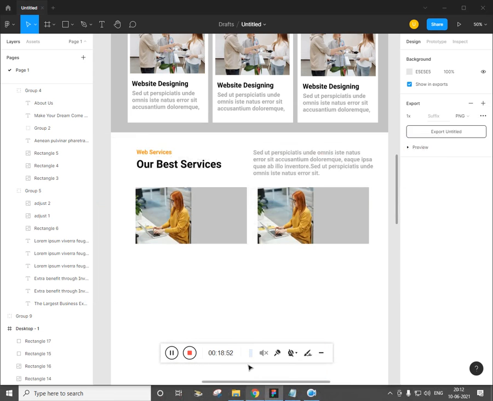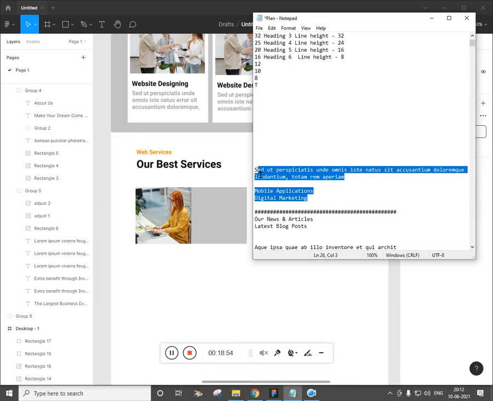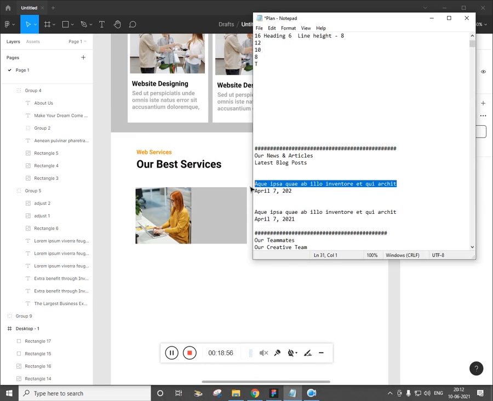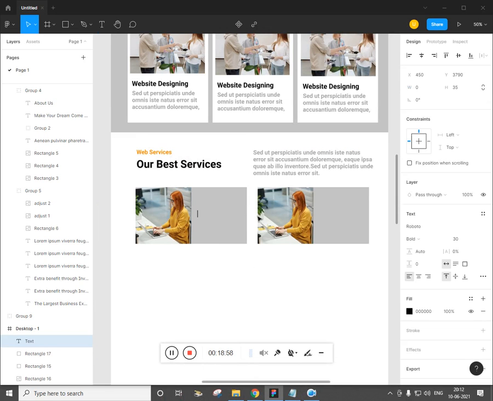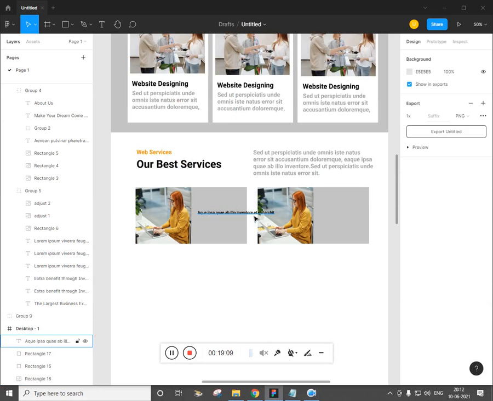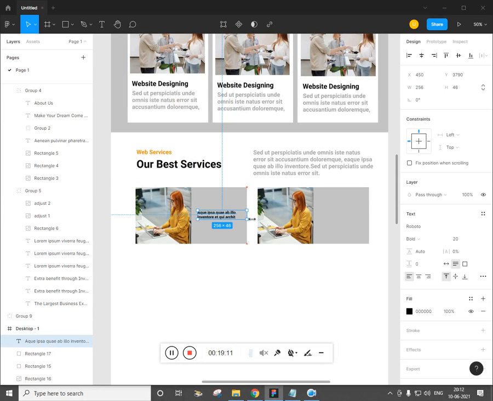Now just fill the text, type T, paste it, and we want this to be 20, and just make this 2 lines, increase the line height, just it's over here.